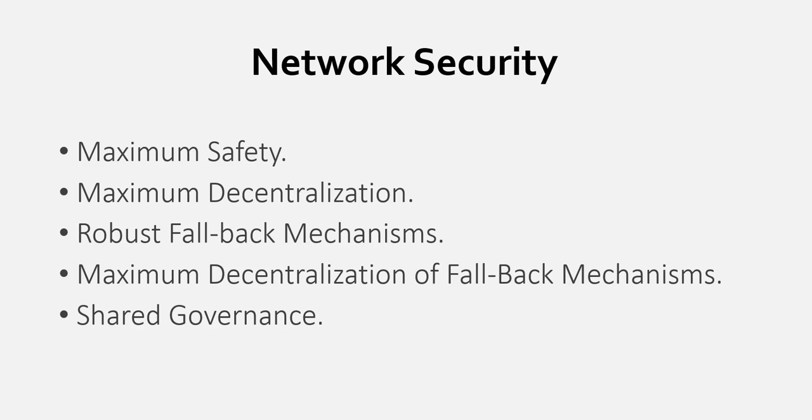Robust fallback mechanisms. The first question that must be addressed in a network with high safety thresholds as above is what happens when the network itself stalls. Suppose Axelar network itself stalls. Can we have a fallback mechanism that would allow users to recover their funds? To address any potential stall of the Axelar network itself, each threshold bridge account on a blockchain X that the Axelar validators collectively control has an emergency unlock key. This key can be shared